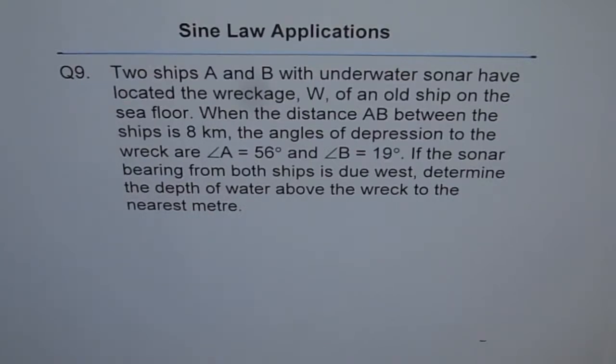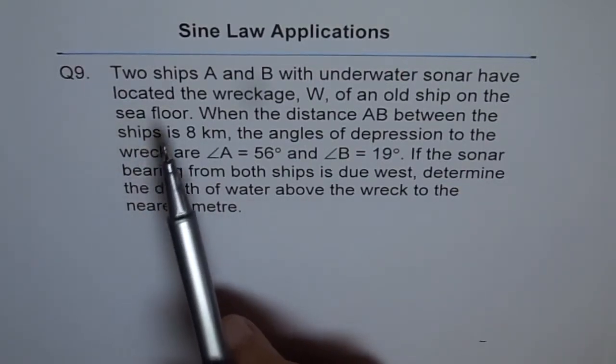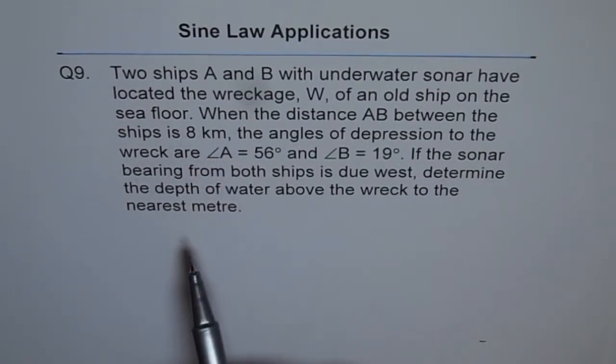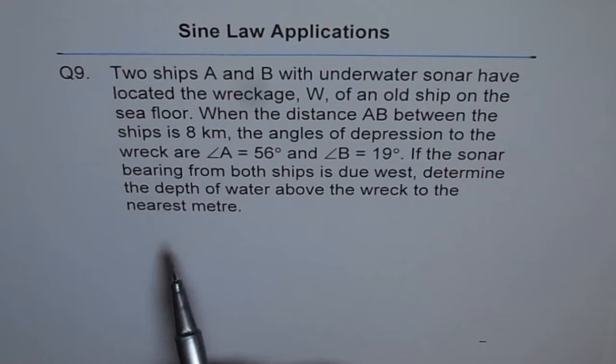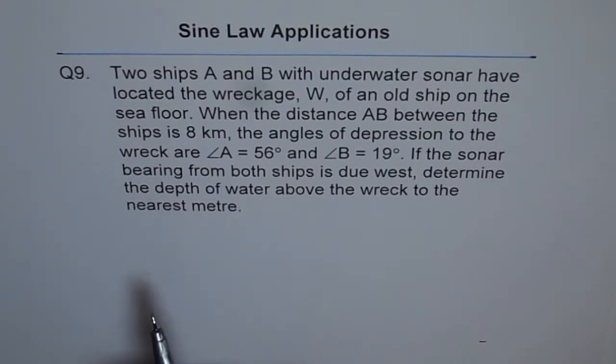Sine law applications. Question 9. Two ships A and B with underwater sonar have located the wreckage W of an old ship on the sea floor. When the distance AB between the ships is 8 km, the angles of depression to the wreck are angle A 56 degrees and for B is 19 degrees. If the sonar bearing from both ships is due west, determine the depth of water above the wreck to the